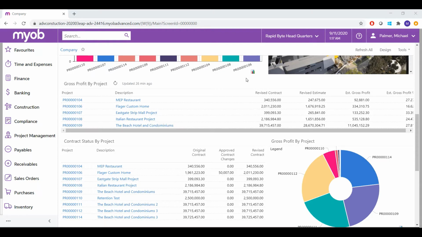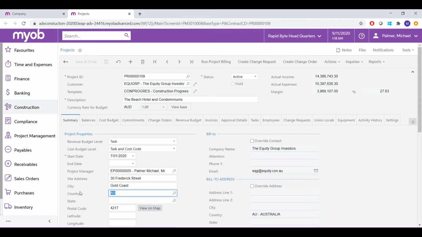Now let's see what a project would look like in the system. To do that, we can click on one of our projects on the table here and drill down into it. So here's an example of a project in the system. On the top here, we can see the project ID, the customer that we're doing the project for, and